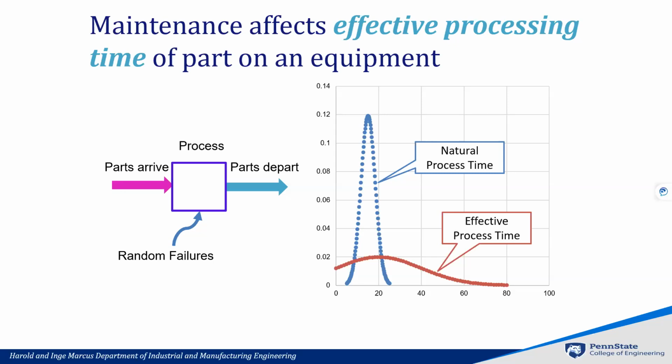There are lots of other consequences. You won't be able to predict as easily how long a part is going to take, and you start quoting inflated due dates to your customers. So there are lots of consequences because of these random failures. This is one of the causes of variation or variability in manufacturing systems. So the key takeaway is, how do we reduce this?